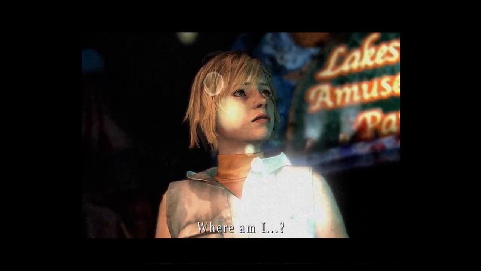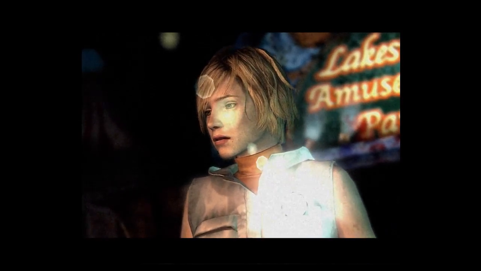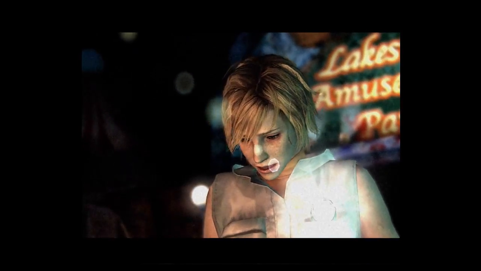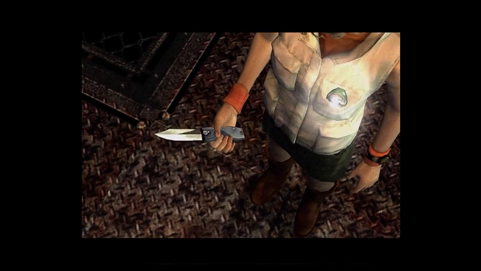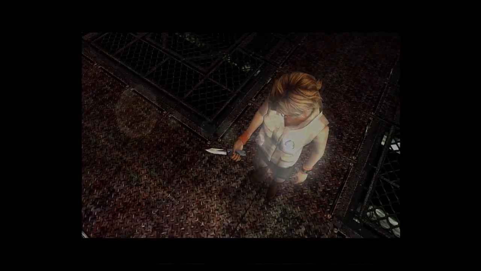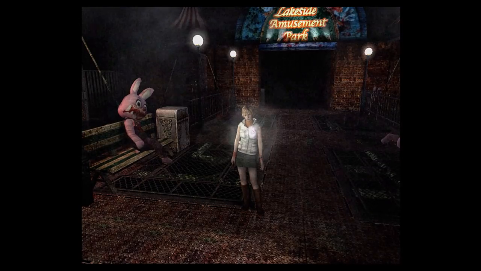Where am I? Well, this is actually quite amazing, and I just realized this for the first time, that Heather asks herself, where